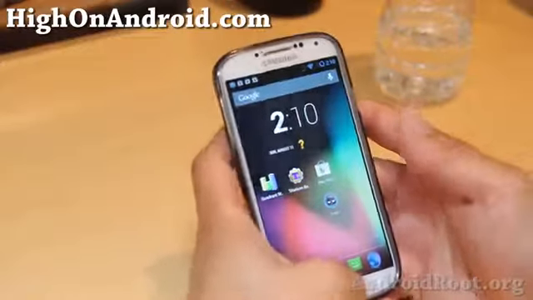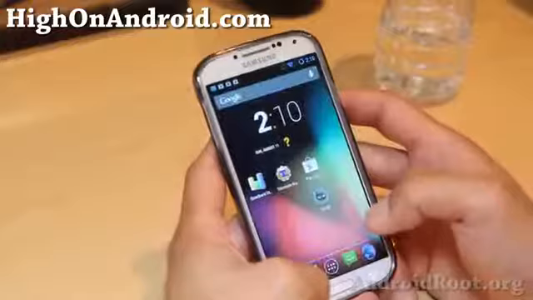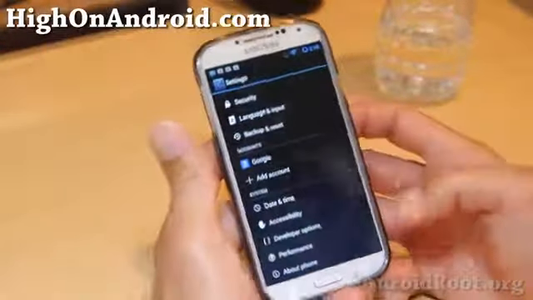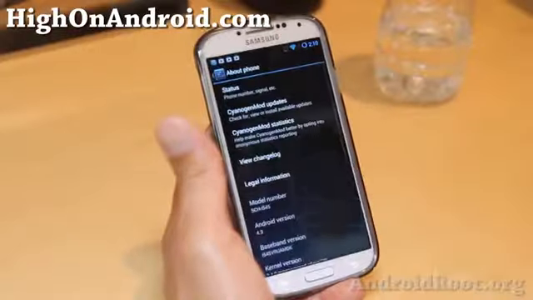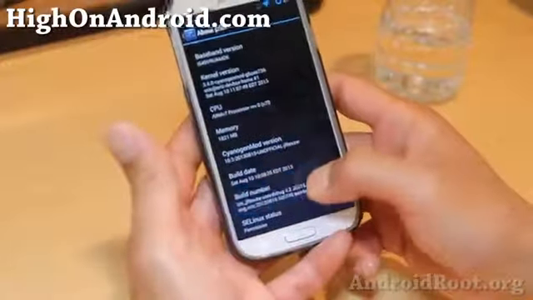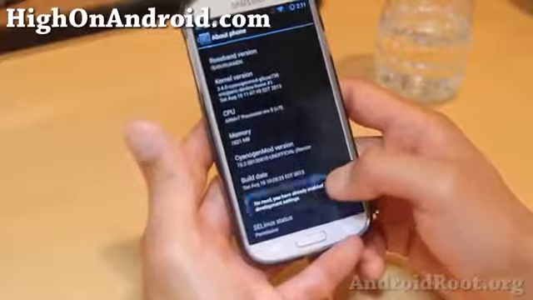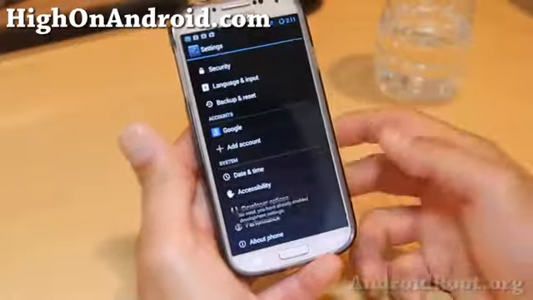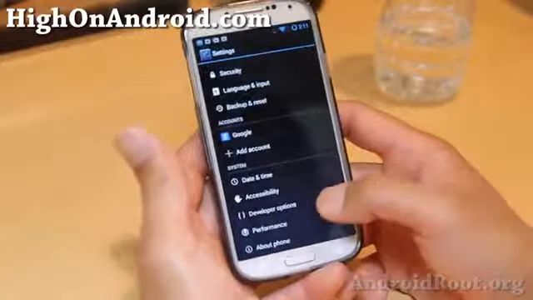Just go do this. Go ahead and close up all the applications here. Go back to System Settings. Make sure you have Developer Options. If you don't have that yet, simply go to About Phone here. Go ahead and hit on the build number until it says you're a developer. I already did it. But once you do that, you'll have an extra option for Developer Options in Settings.